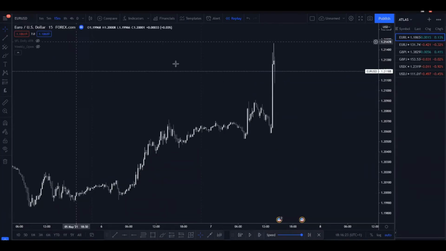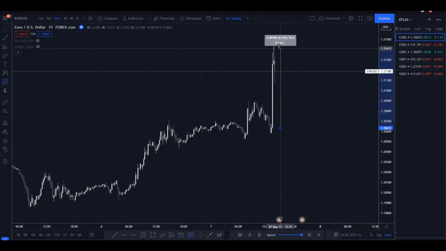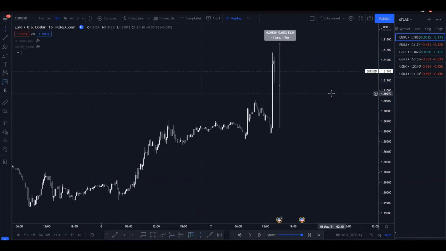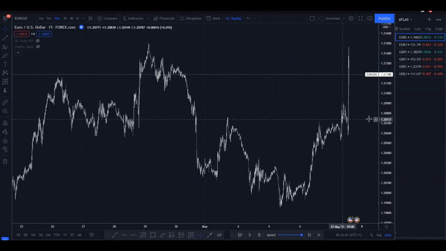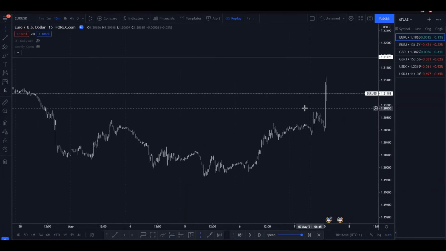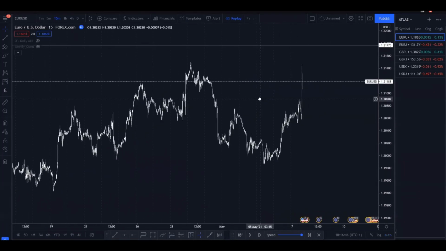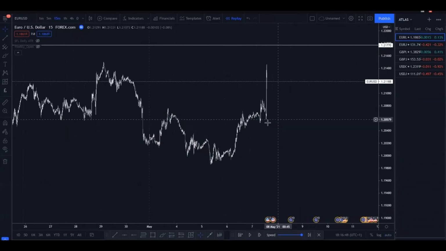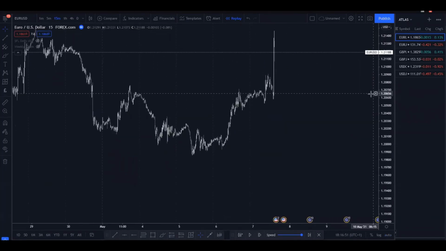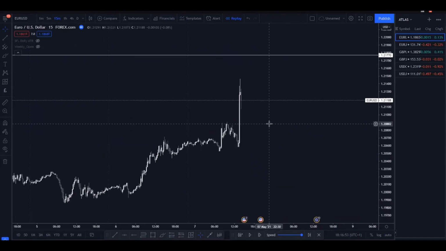So as this euro dollar, the value of the euro against the dollar increases, as I said, as many people's outlook on the dollar is now more bleak. 83 pip move just at the news release. But once again, if you weren't aware of this news release and what actually happened, then if you're short this market, because you could have argued if there was a trend to the downside, or you were just shorting the market based on your judgment, you didn't know the NFP figure was coming out, you'd have got stopped at 100%.